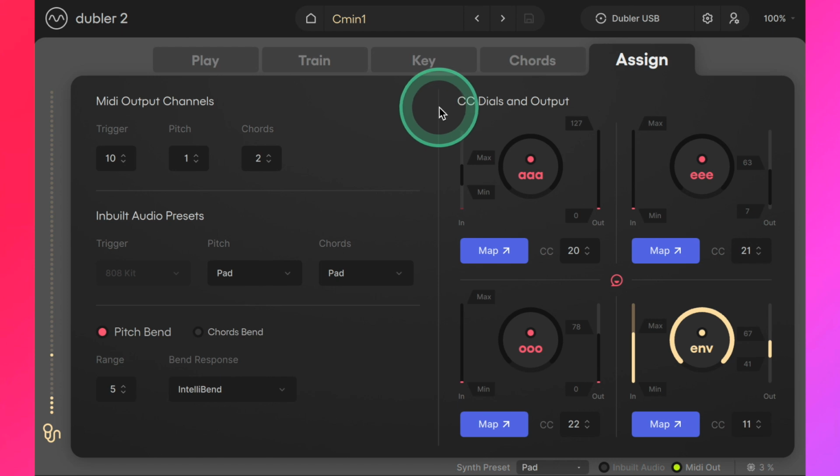The Assign tab can be a bit intimidating because of all of the detailed controls, but it's definitely worth coming to grips with, as it's one of the most powerful tools for expression in Doubler 2. On the right hand side, you have the CC dials that control MIDI mapping. MIDI mapping is used to control parameters live in your DAW and even third-party plugins. Doubler 2 allows you to map vowels and the loudness of your input via the ENV knob to parameters. In this example, we've mapped the ENV to the filter envelope of a bass, so the louder we sing, the more the filter opens. We also mapped the ah vowel to open up the resonance, so we get some more squelchy sounds as we emphasize the ah syllable more.